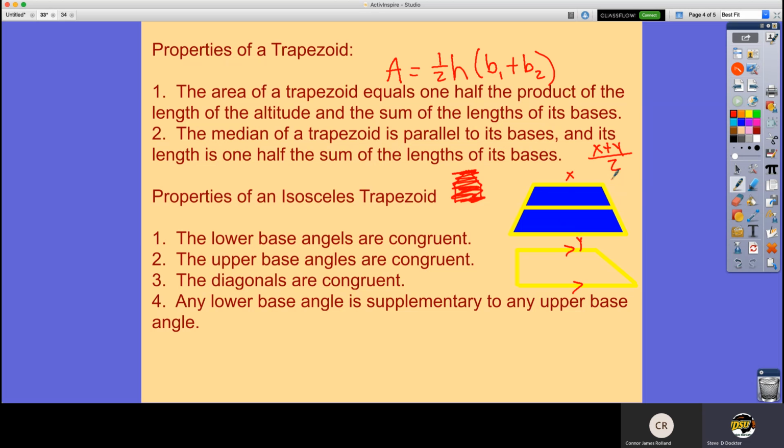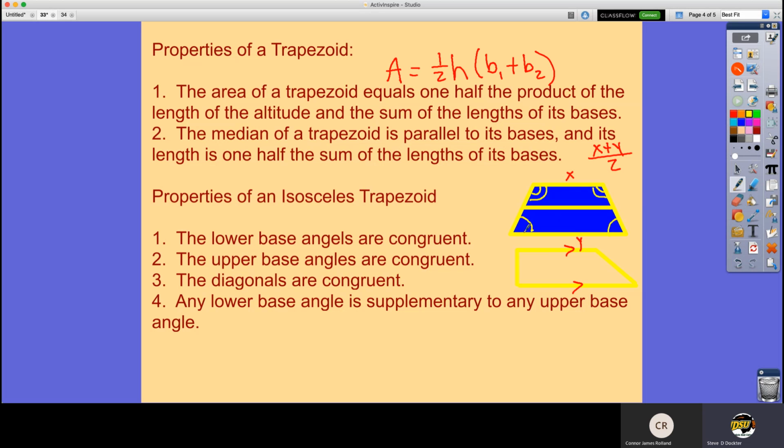Now, say we do have an isosceles trapezoid, though, and that would be the blue one here. We do have some more consistent rules that do stay the same for that. First of all, the lower base angles are congruent. So that would be this bottom one or both of the bottom ones. The other thing we know is the upper base angles are also congruent. So that'd be this top one and this one here. So those are congruent. The other thing that we know, I'm going to skip number 3, I'll come back to it. Number 4